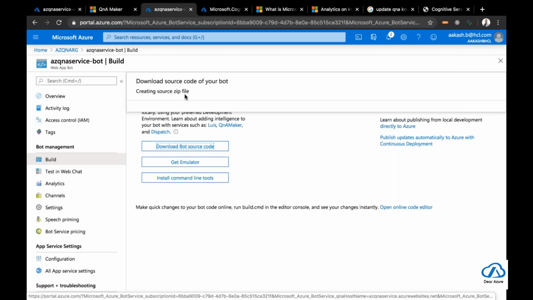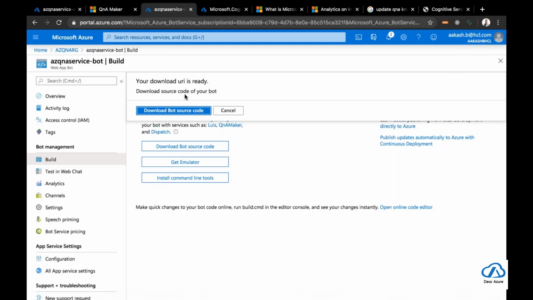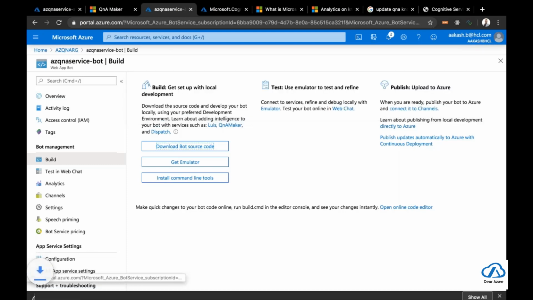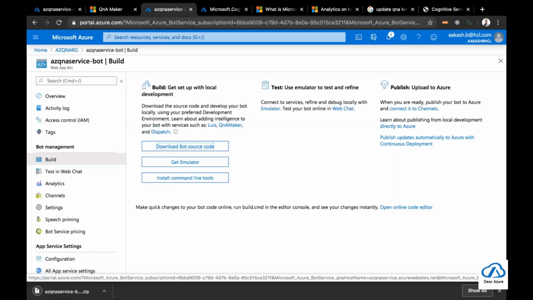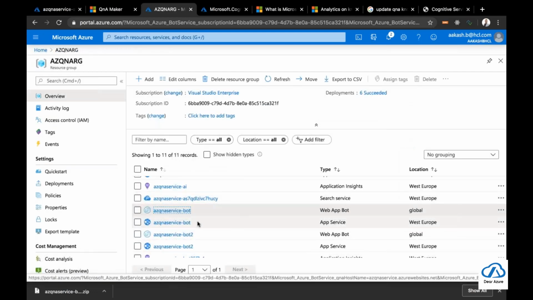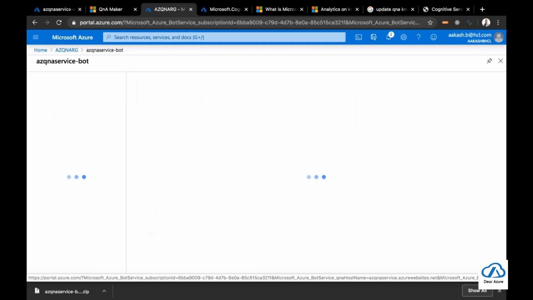And then for the republishing, that is actually pretty straightforward, like you do for any other .NET Core app to an Azure App Service. You download this source code, you open it in Visual Studio, you make the desired changes to it, and then you can just publish that using the app service publishing profile itself, because I think that's the easiest option. So if you go to this app service here,